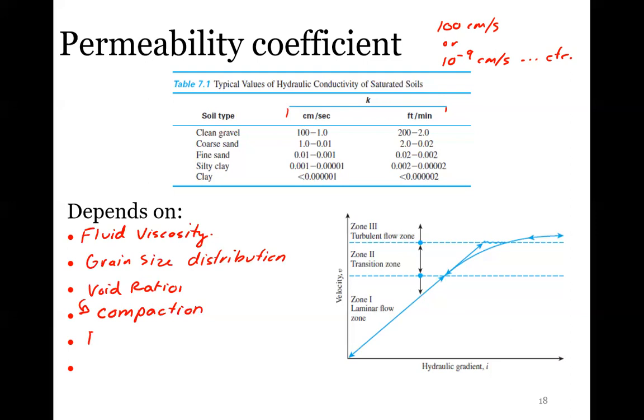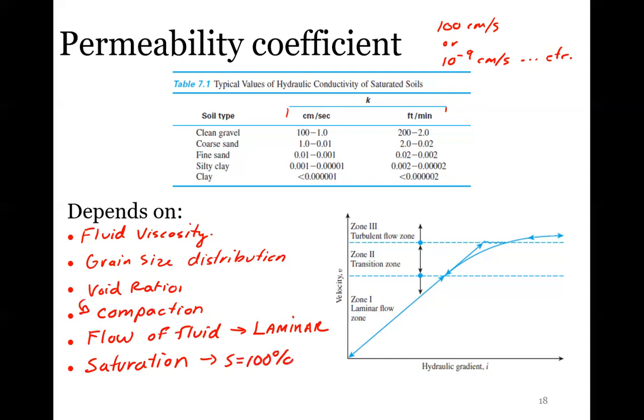And it's also dependent on the flow of fluid and the saturation. So that's why for this class, we always assume laminar. And we always assume S equals 100%. Because what we actually see realistically, in the real world here,